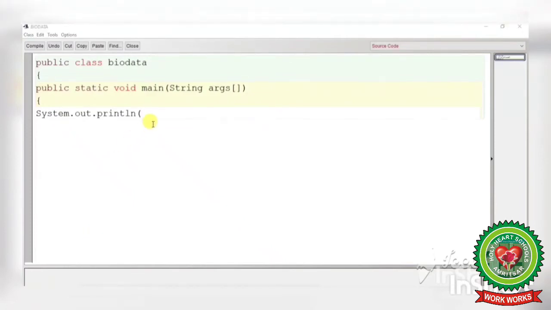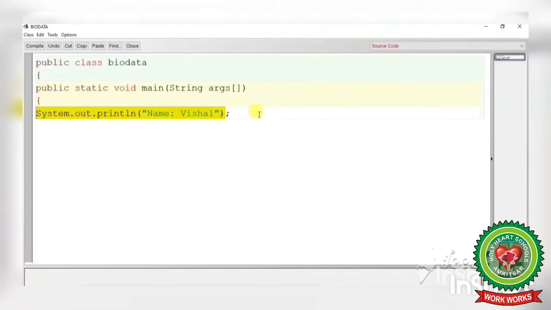Students, whichever message you want to display on the output screen should be enclosed in double quotes. Here I am putting double quotes. Name, like I am writing name Vishal. So this is in the form of a message and this full line is in double quotes. Close the double quotes, bracket and at the end semicolon. Semicolon indicates the end of one statement only, not the full program, only this one statement that I have written here.